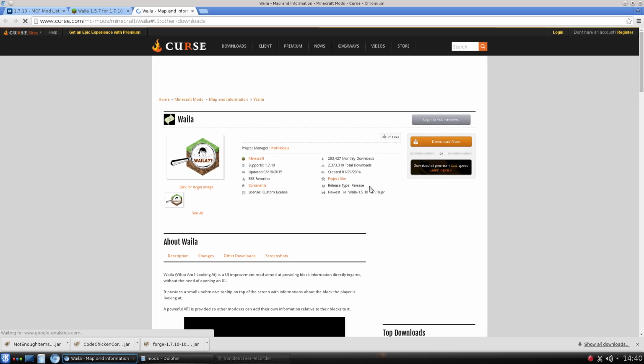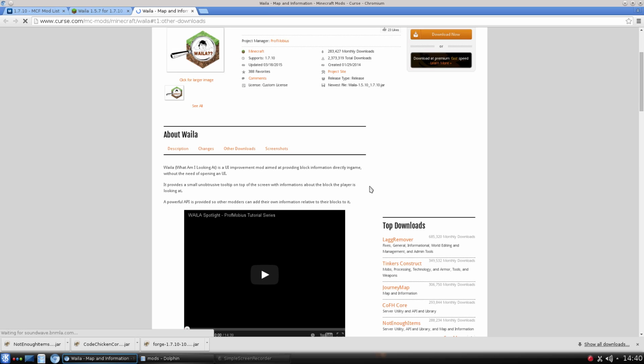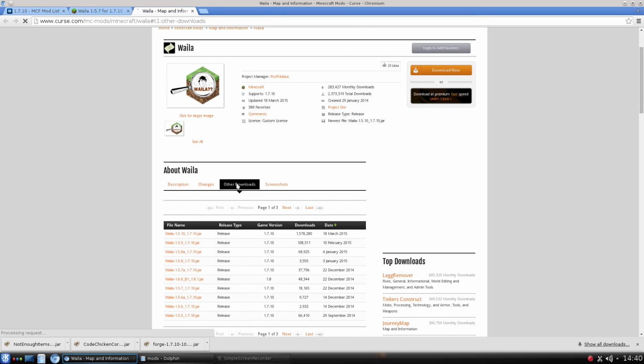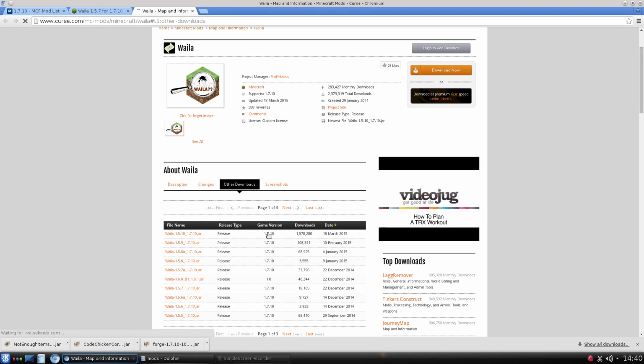Curse is a great location for Minecraft resources. So a lot of the Minecrafters keep their information there. You want to go to Other Downloads right here, and we can see that here's the latest version. Here's the game version it uses. He has only created one version for 1.8, and I'm sad about that because I really would like to go to 1.8 soon, but